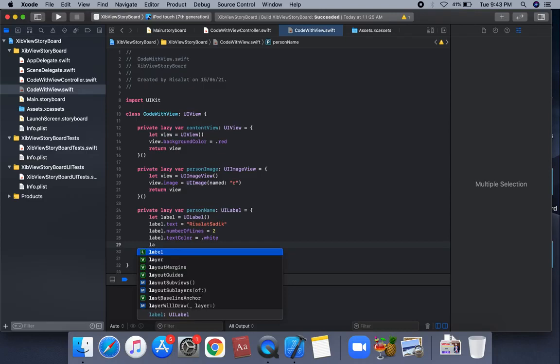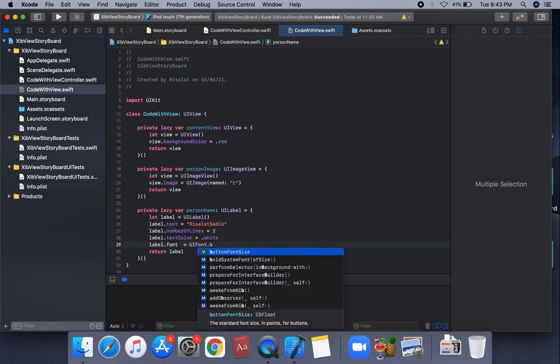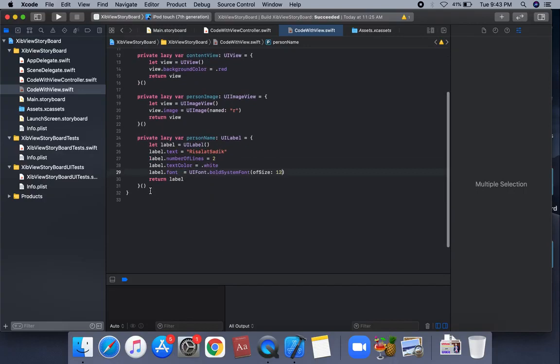Label dot font is equal to UI font, and we're gonna apply the UI font name and size. We can apply UI font and remove the initializers: UI font dot bold system font, size 12. We can set this font. So this completes the person name.